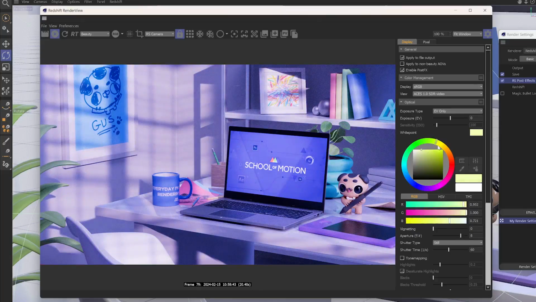And you can just adjust that and get a little purpley cast. So this is very handy if maybe you have a light that is blasting yellow or something like that. You can go and remove a little bit of it and get a little bit more blue. Or if you want this to look a little more warm, just bring this down to the other side of